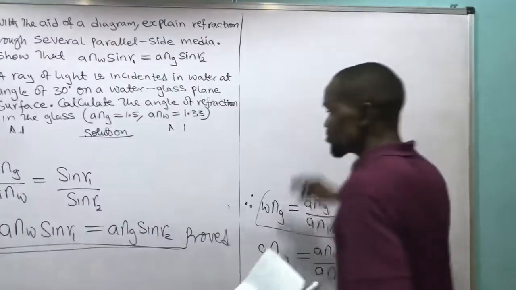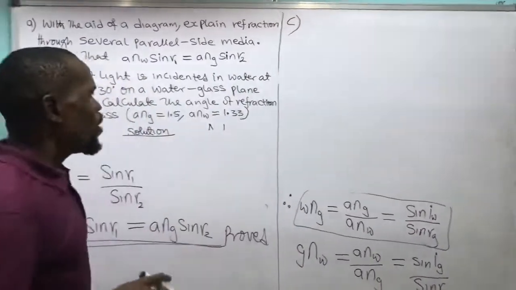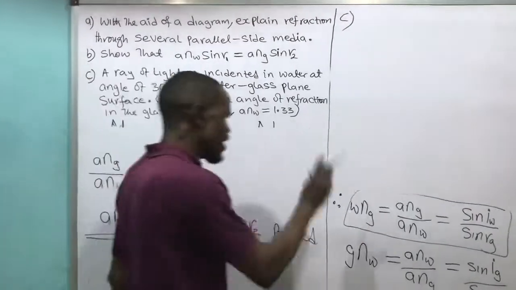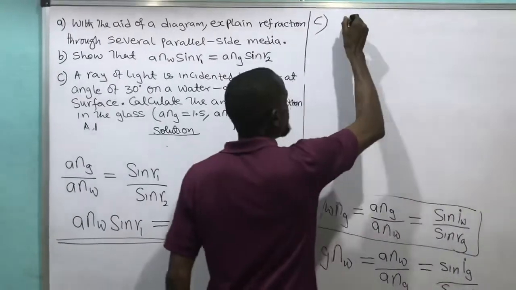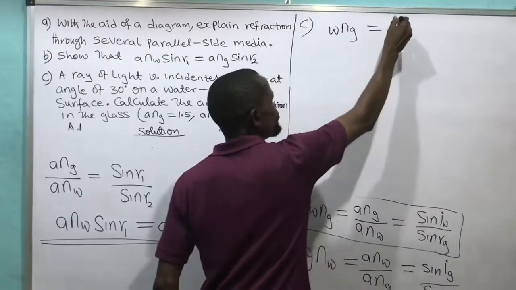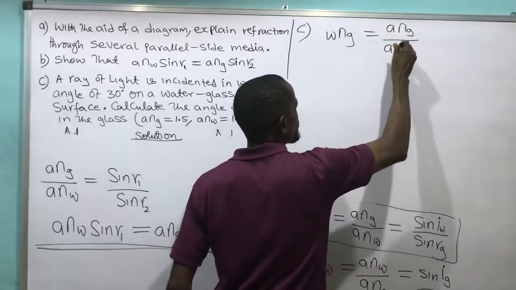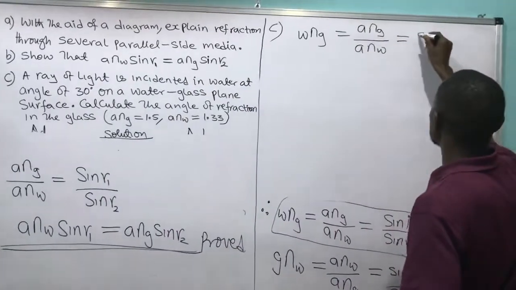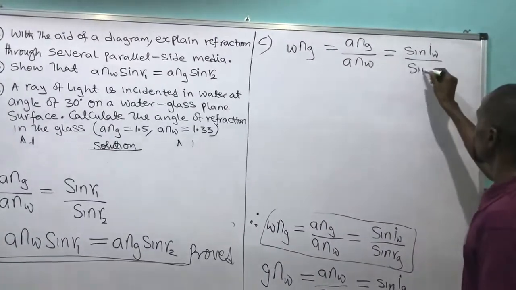Now, let's go to question number C. What are they asking me? The refractive index in glass. I will use this formula right now. Look at the formula: water to glass. We have already proved it: air to glass over air to water equals sine of incidence in water over sine of